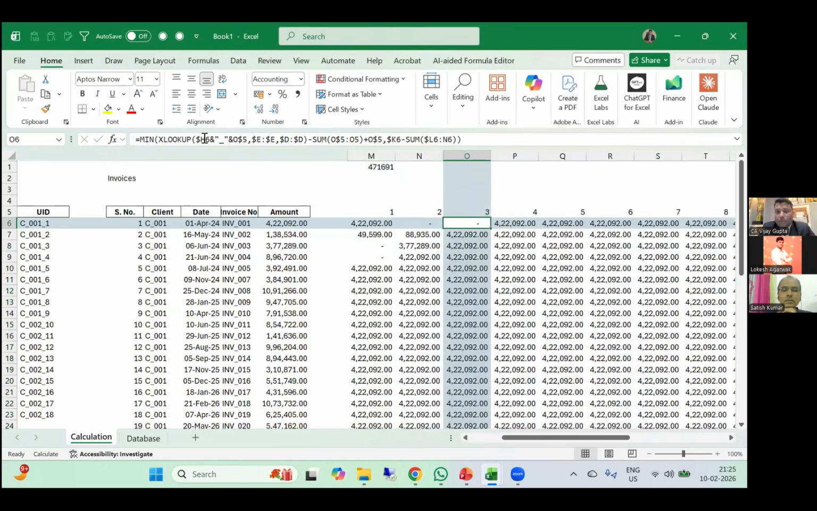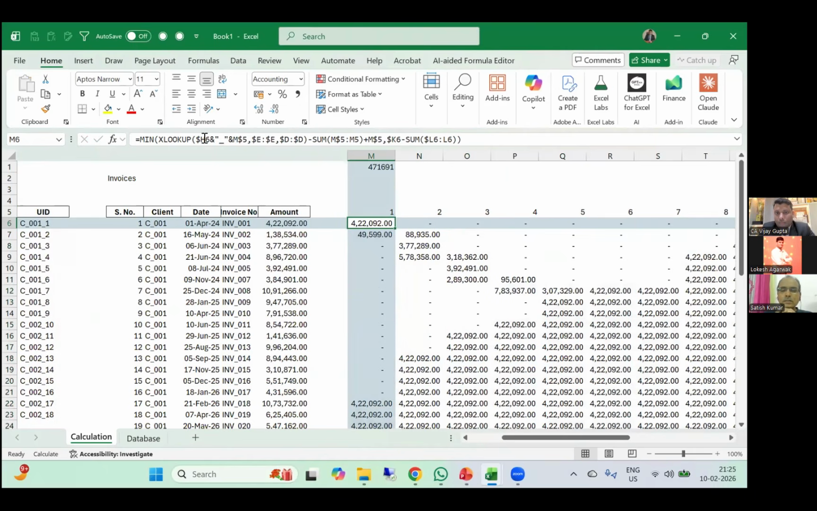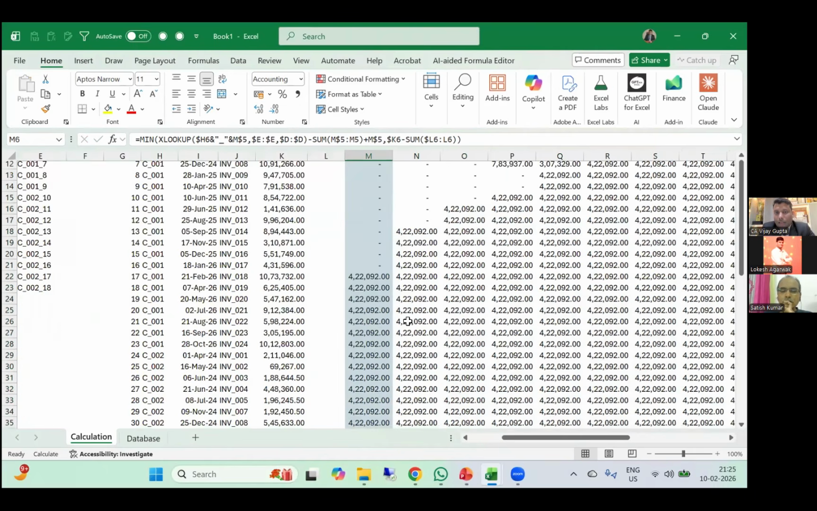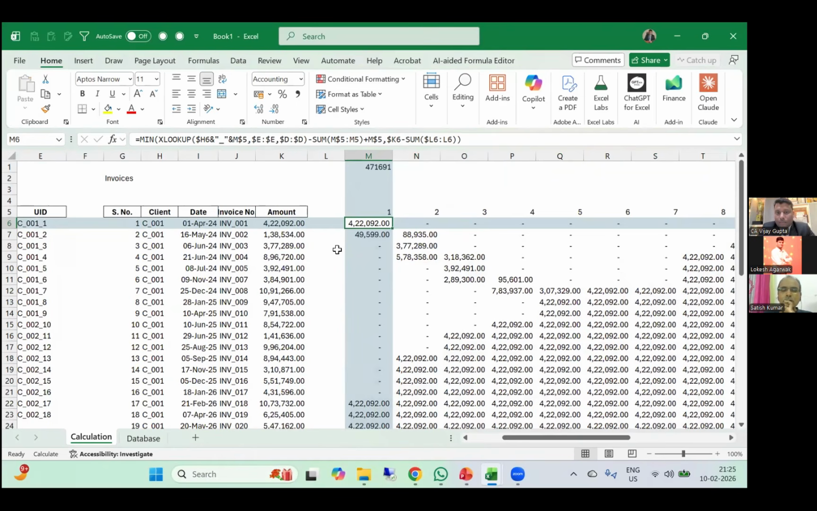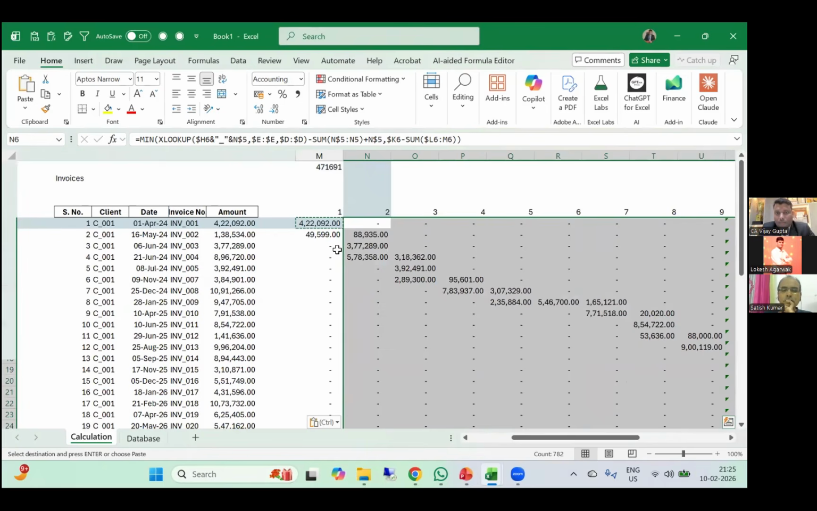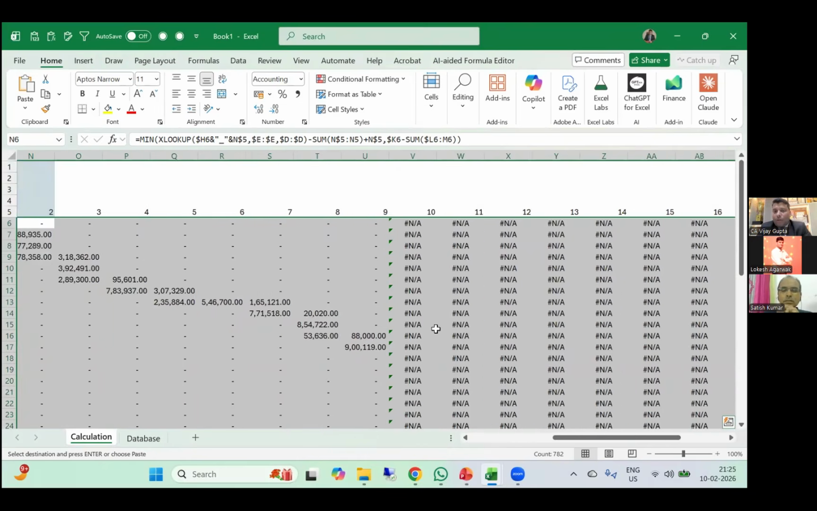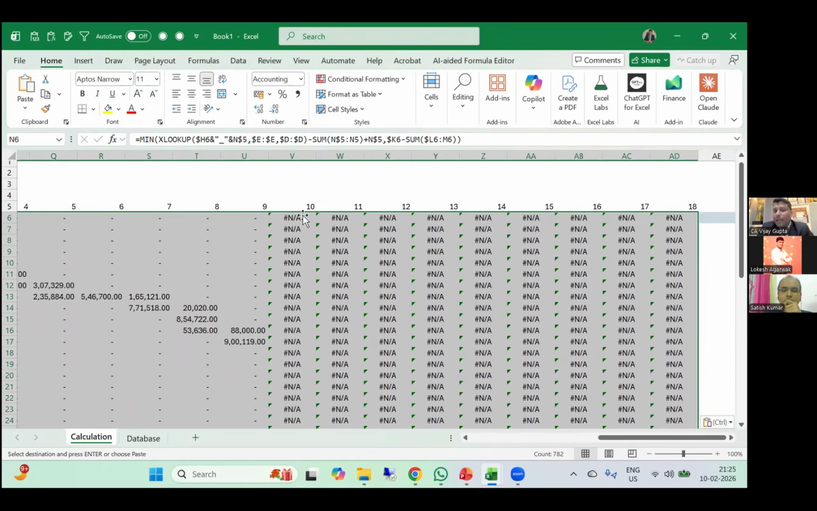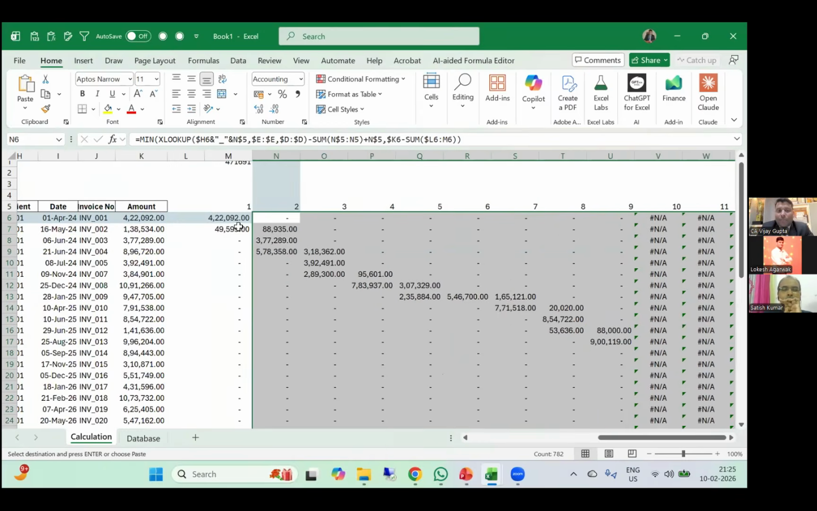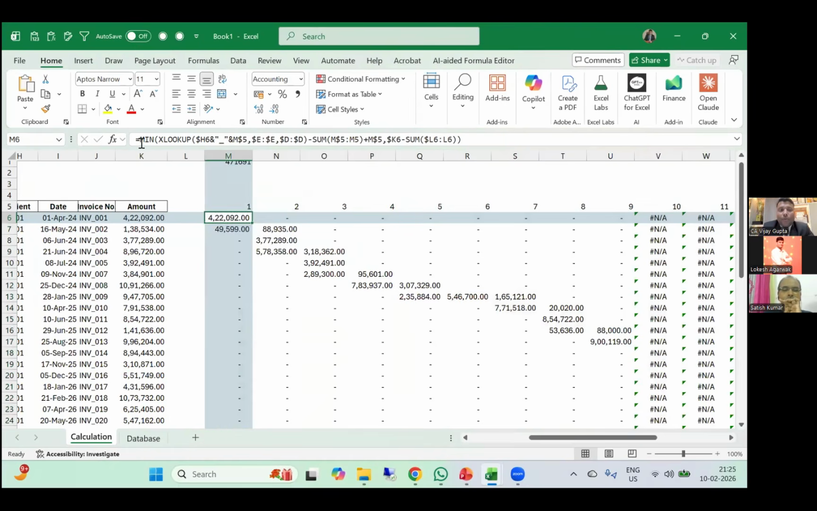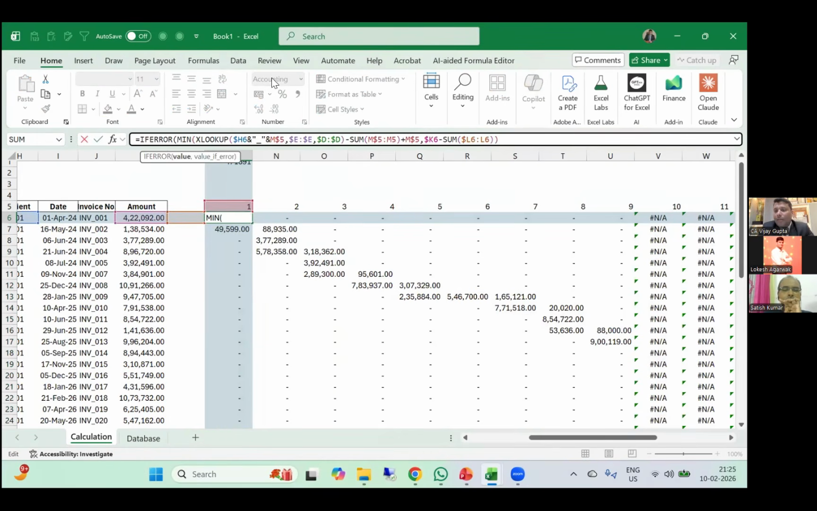And now let it calculate the database. Okay. So if it is giving an error, why is it giving an error? Because after 9, client number 1 does not have any payment detail. So what we can simply do is put the formula: if error is there, then